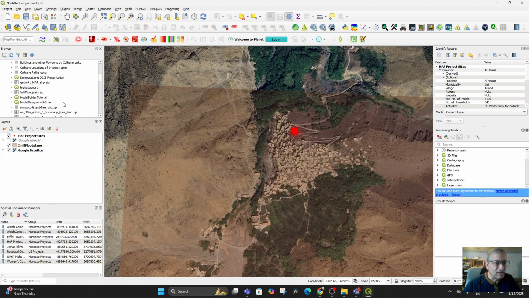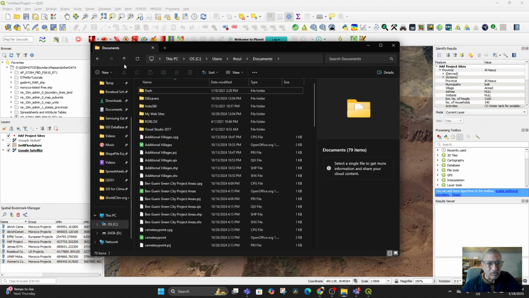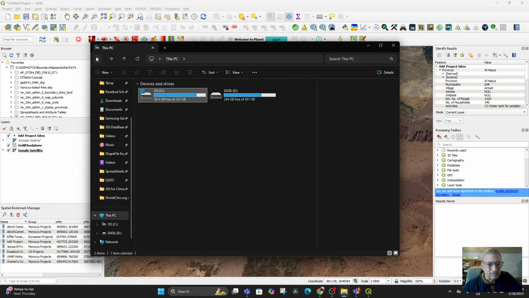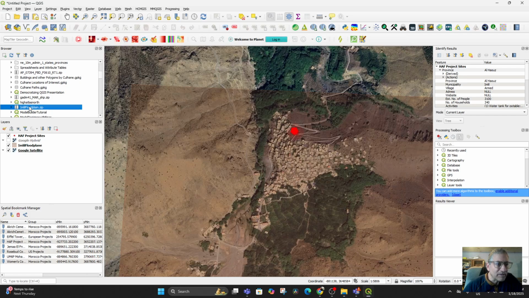if I find, I've got to again find where it is. So it was under, back to it. It was under boundary maps and data. So here's boundary maps and other data, and it's supposed to show up in here somewhere. There it is, Imlil floodplain. And when I look at what's in there,